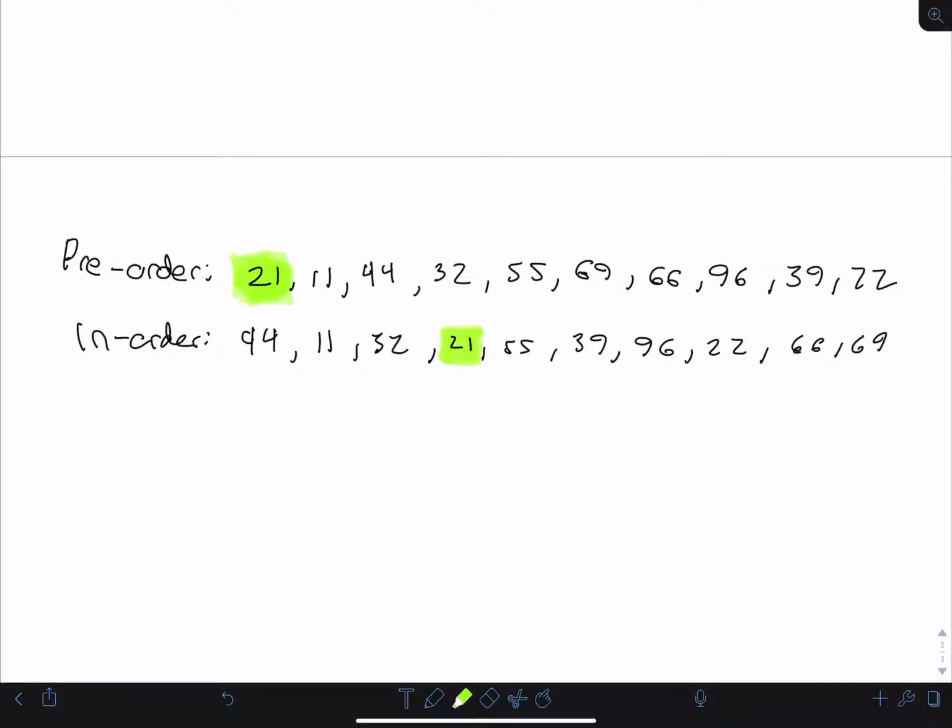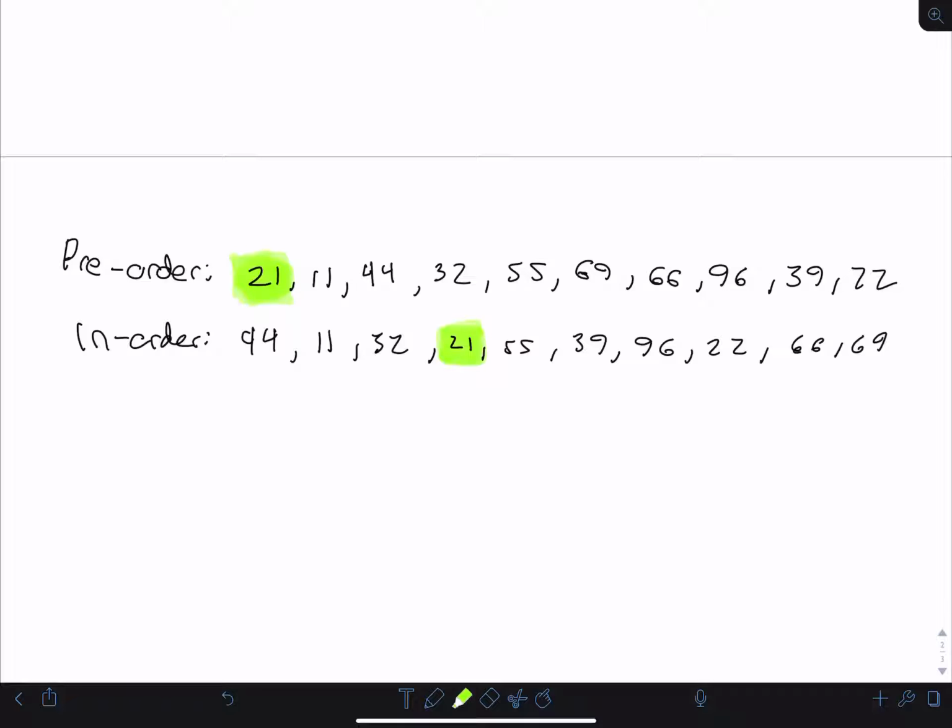So the first node of a pre-order traversal is the root node. In the in-order traversal, we can identify that node as long as the nodes are unique. If there's duplicates, this whole thing breaks. So that's, I guess, the one catch to this. As long as they are unique, then we can identify it in the in-order traversal as being found